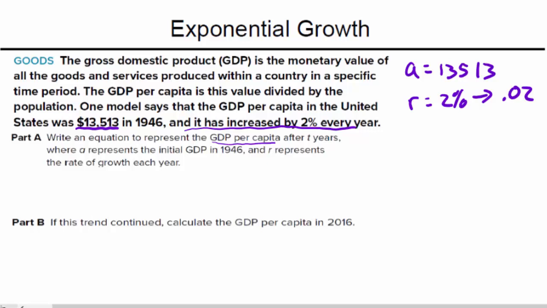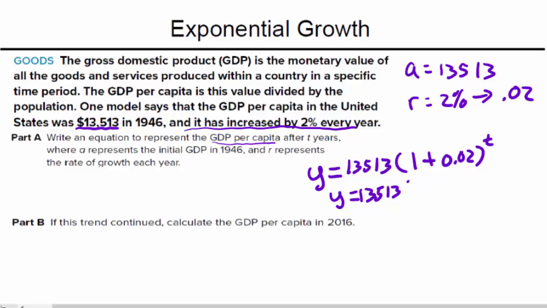So that's going to be Y equals the initial amount of 13,513 times 1 plus the rate of 0.02 raised to the T power. So they said use T instead of X. Then I'll just simplify that a little bit. And I have